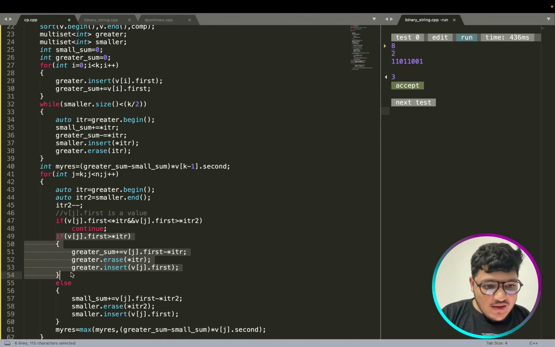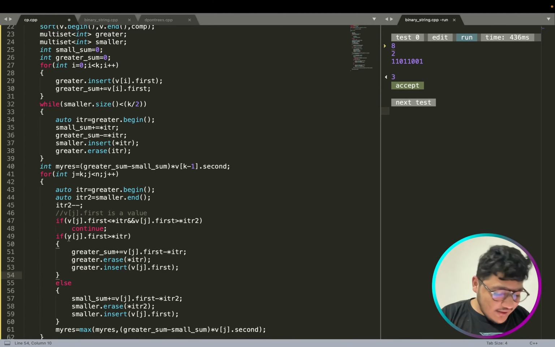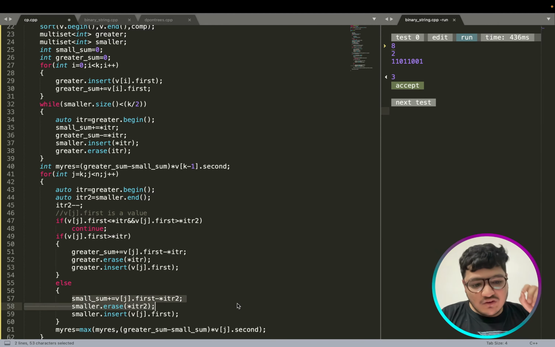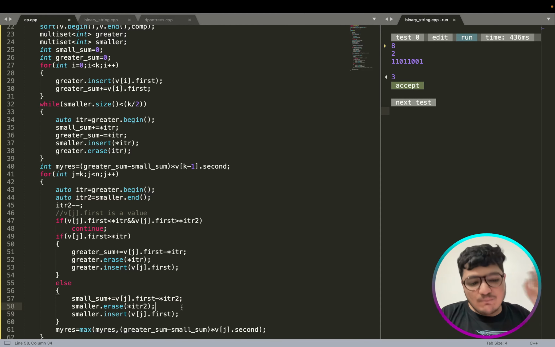If it's not, so if my a value is greater than my iterator, it means I am going to push it into my greater set. So I am increasing my greater sum and removing this greater dot begin. That's what I have erased, and I have pushed into my greater multiset. Similarly, I had done this for the smaller set: remove this last value from the smaller set and push this value into the smaller set, because the smaller set's last value would be the greatest value which I am going to subtract.